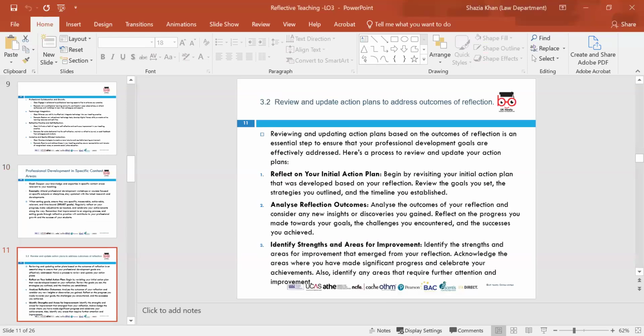Review 3.2, review and update action plans to address outcomes of reflection. Reflect on your initial action plan, in which you should write about what you're going to do differently next time, what steps you're going to take. Reflect on it by revisiting it as well, making sure that you're evaluating and reflecting on it and reviewing your goals and your strategies. The next one is analyze your